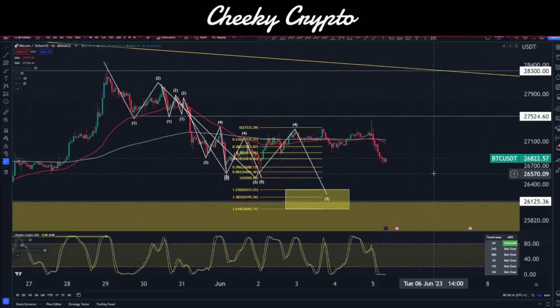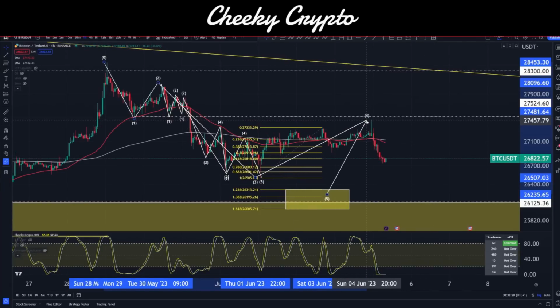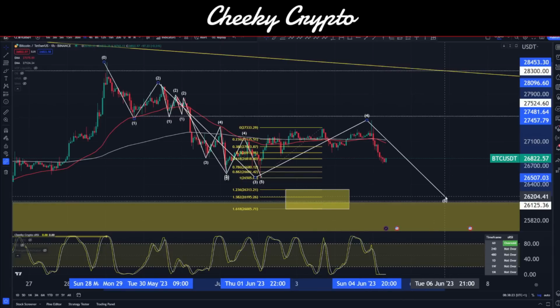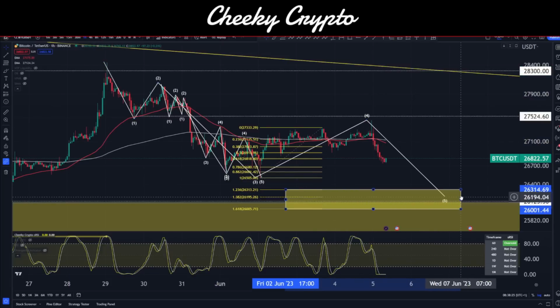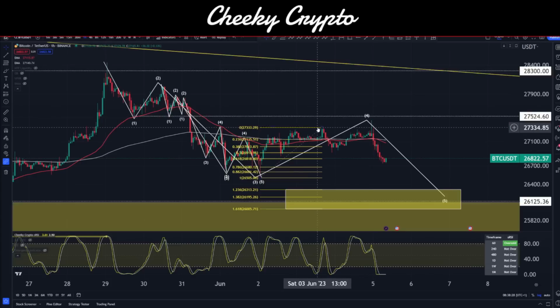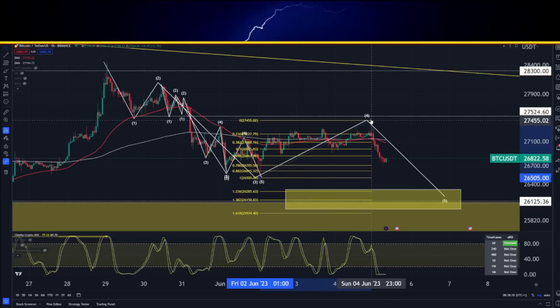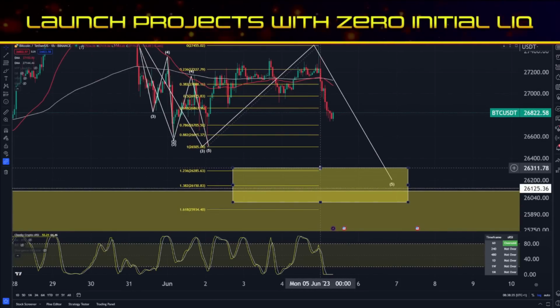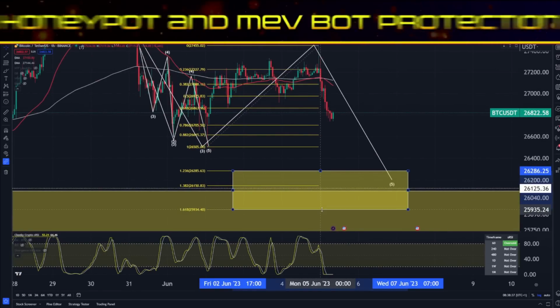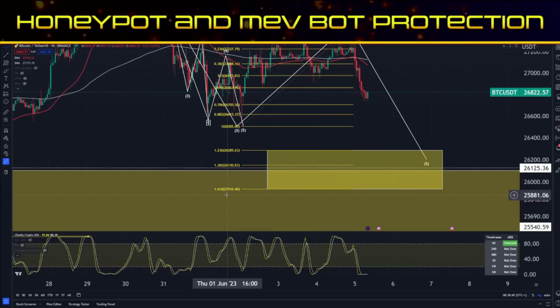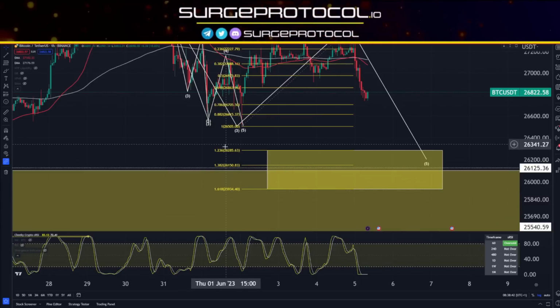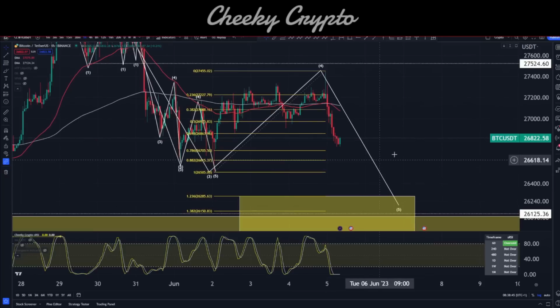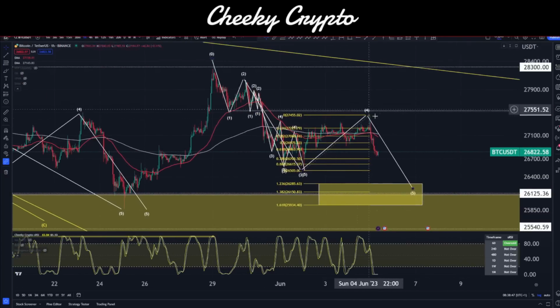A lot of time has passed on the Elliott wave theory here, at least in terms of where we'd expect this fourth wave to go. Now, still technically is valid to move down. We've started to see a bit of a move to the downside. We've failed to invalidate or break this structure. So what I'm going to do is adjust this again for the third time, just to see how this goes. Ultimately, the higher that wave 4 goes, the lower that wave 5 goes. And so our target range is now down here at 25,934 to 26,285. Now, because a lot of time has passed, and although this is still technically valid, one starts to wonder